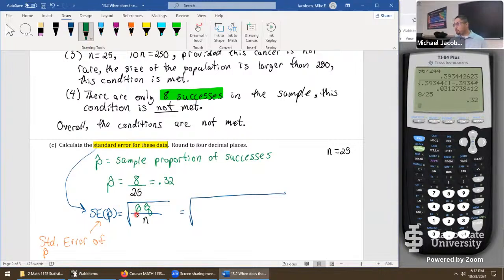So next step, square root of, in place of p hat, we put in 0.32. But anyone recall what we should write down in place of q hat? Exactly, thanks. We'll go 1 minus 0.32, like you said. The whole thing is being divided by the sample size, same quantity as before, 25. So notice the parts that match up. When you calculate the statistic p hat, you have 25 in the denominator. When you calculate the standard error of that statistic, you have 25 in the denominator, but still all of it